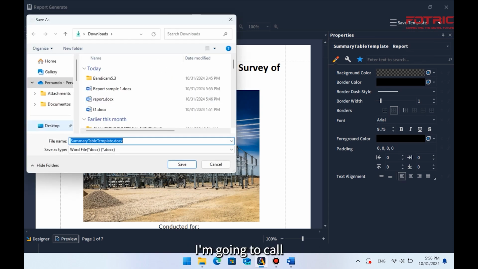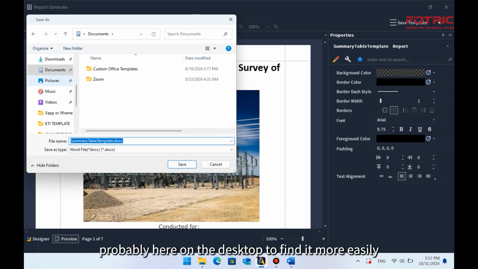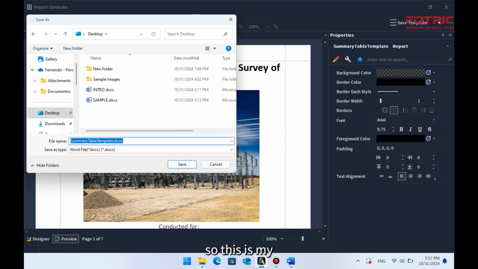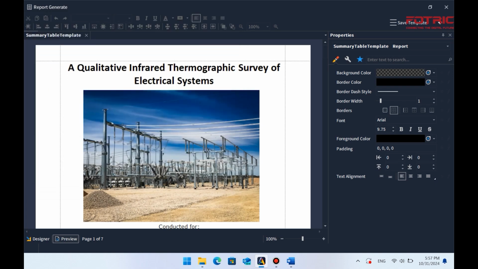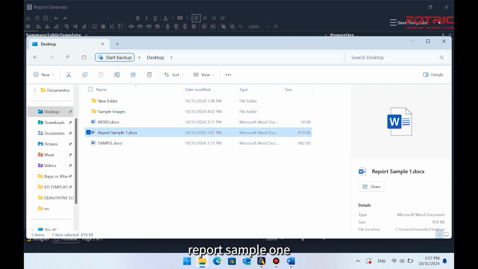I'm gonna call it report sample 1 once more, put it in downloads and probably on the desktop to find it more easily. Save it, and if I go now to my desktop, report sample 1,